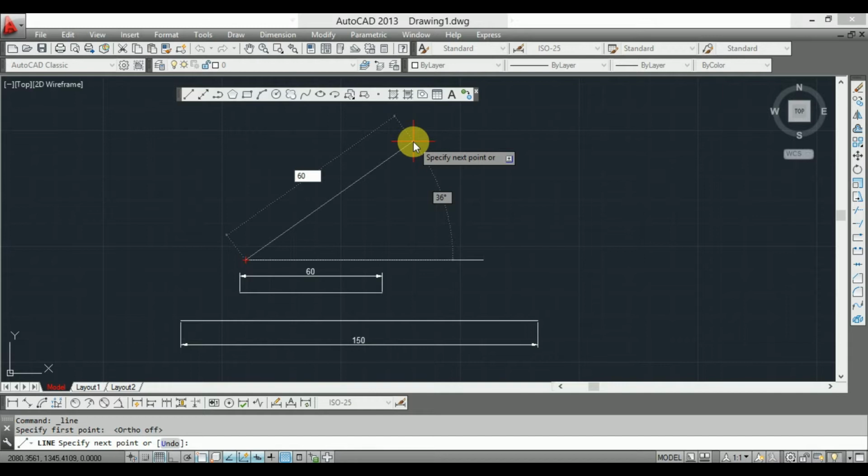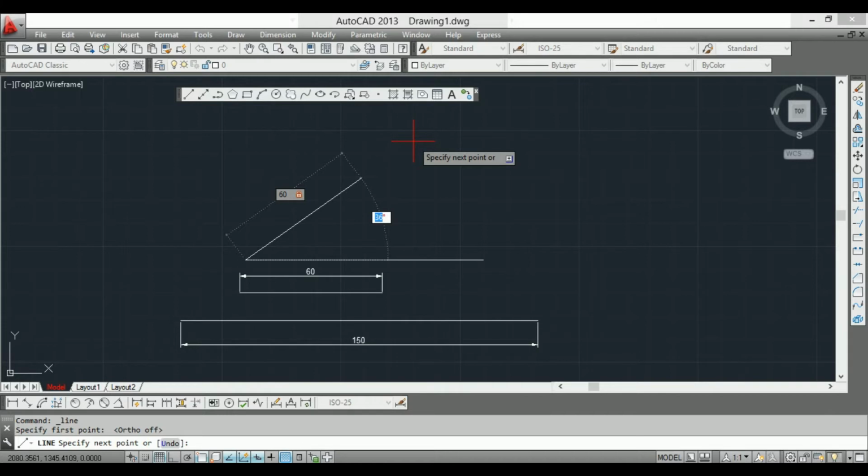The first is for angle, written as 36 degree, and the second is for dimension, written as 60. To change the tab, you have to click the tab button on your keyboard to go to angle. You can see the 60 dimension is locked. After 60 there is a lock, so the 60 dimension has been locked and it will not change.